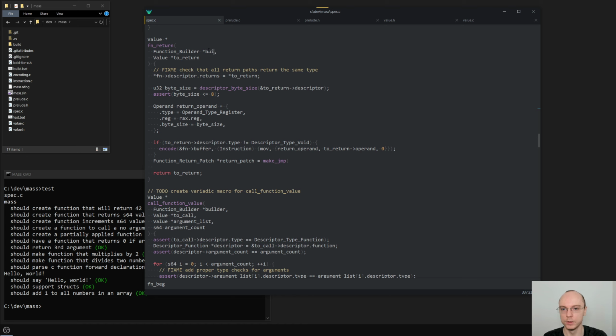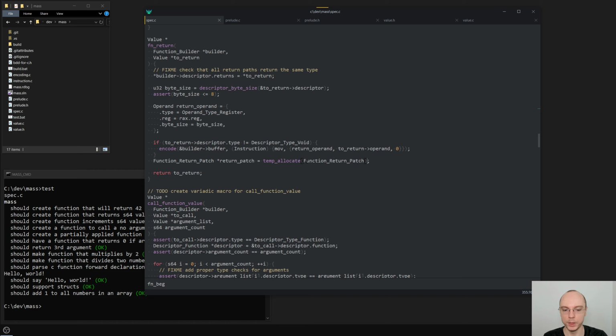Let's rename it to builder for consistency, because everywhere else it's already a builder. It's a bit strange that here it's not. So we say make jump of builder. Actually, not like this. This should be temp allocate